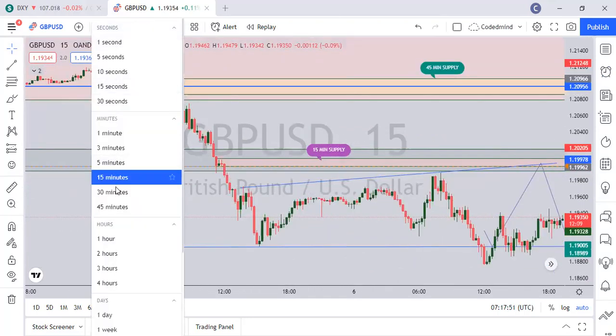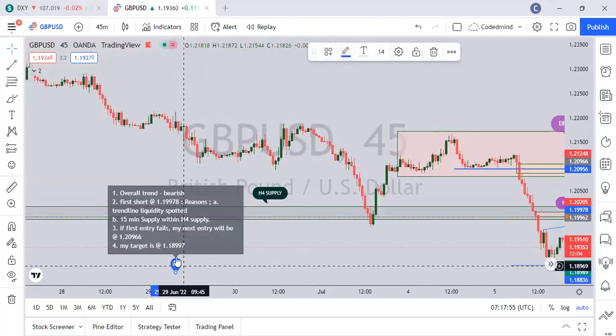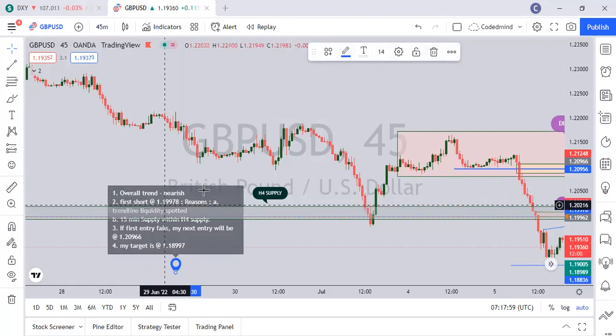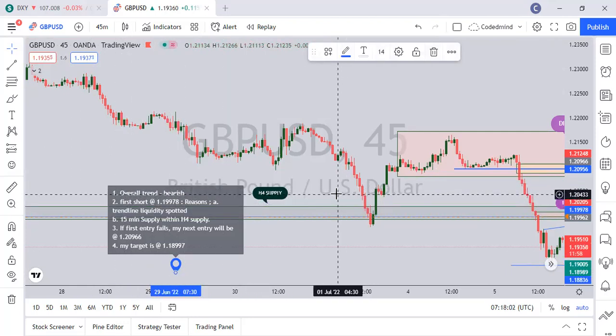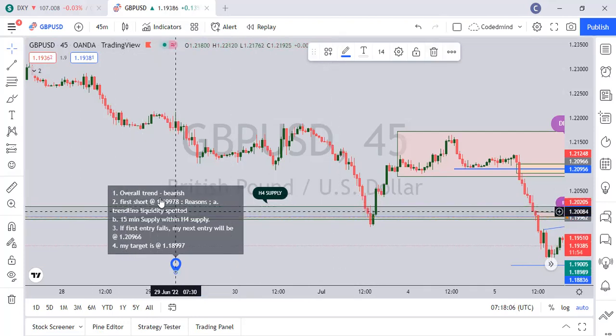Okay, explaining why I am looking at this zone. So here you can see, I said first the overall trend is what? Bearish. So the overall trend I'm looking at here is bearish. So what I'll do is I'm going to first take my first shot at this particular price level,